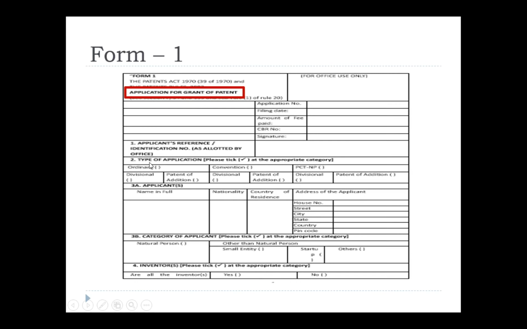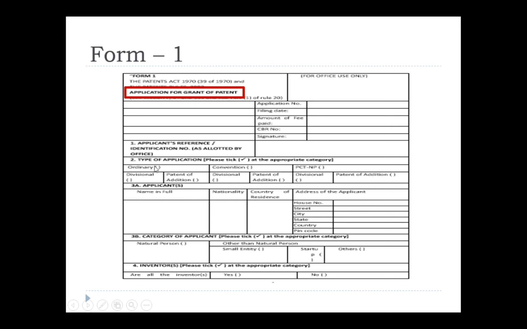As I mentioned in column 2, you can even identify that. Here you can see the type of applications. Please tick the appropriate category. As I mentioned, it is ordinary application, convention application, followed by PCT/NP, that is Patent Cooperation Treaty National Phase.